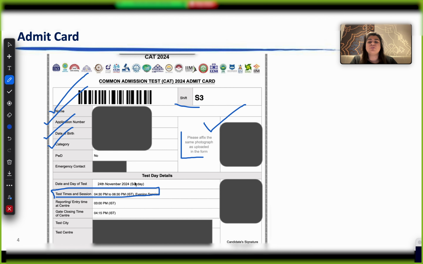Then comes the section of your test day details. Here, the date and day of the test is the same for everybody, 24th November. Check your test time and session, whether it is slot 1, 2 or 3. Based on that, you have your reporting and entry time at the center also given. So for shift 3, which starts at 4:30, your entry time is 3 p.m., which is 1.5 hours prior, and the gate closing time is 4:15 p.m., meaning 15 minutes before. But please don't take the risk of going only 15 minutes before. You should be at the center at least 1 hour before so that you do not have last minute panic